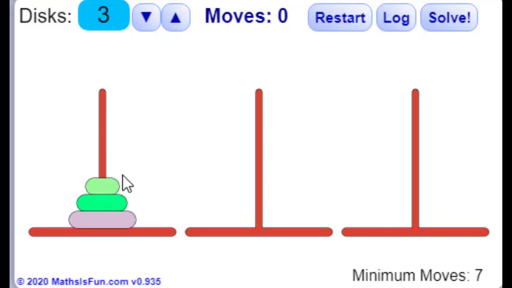Here we have three peg bars. The first one, on the left side, the intermediate one, and the target one. The leftmost is our source, the rightmost is our target, and the middle one is our intermediate. These are the three rings of three different colors. We have to arrange these rings in the same order as in the source onto the target.